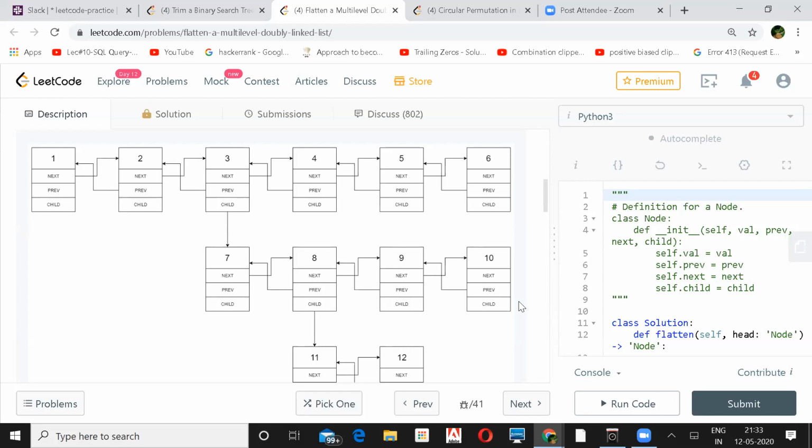If you move 3 dot next to 7, then you lost the link from 3 dot next equal to 4. Yeah, because 7 has to be linked to 3. So anyway, you will be modifying the links of 3 also, right? Yeah, so you lost the node 4. You cannot reach 4 then.